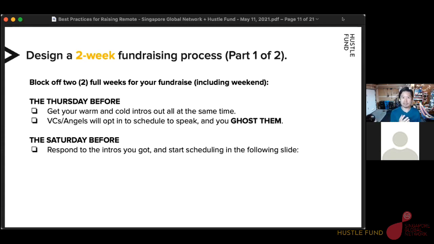So what's going to happen is on Friday, these VCs are going to wake up, see that, oh my gosh, Jane is raising, this looks like a cool company. The call to action that you want is they're coming back to you as the founder and saying, yeah, let's set up some time. Okay. So that's going to happen on Friday and Saturday. And you're going to be just straight up ghosting everyone. You're not going to respond to a damn person.